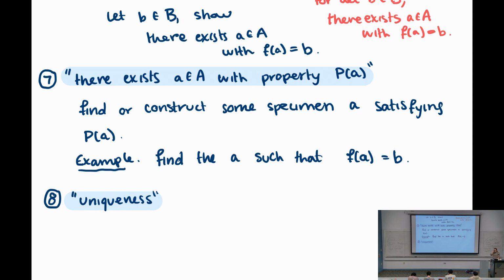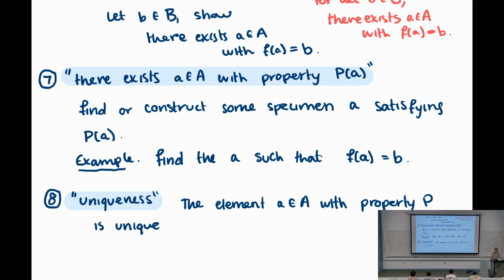So to prove something like the element a in A with property P is unique, so there's only one element of A with that property,